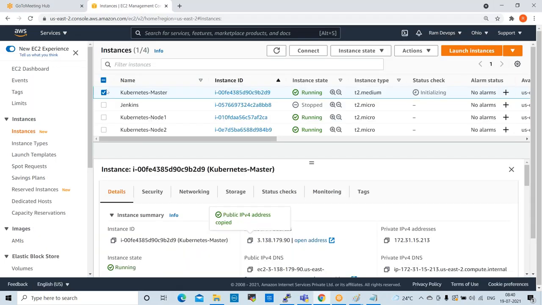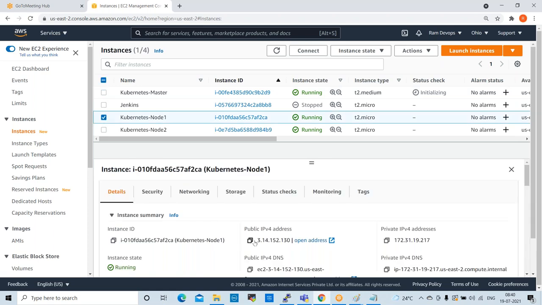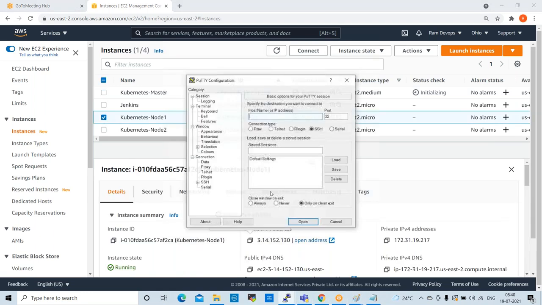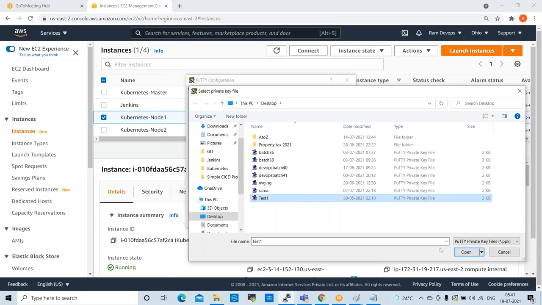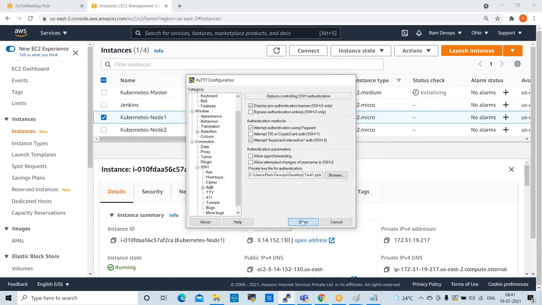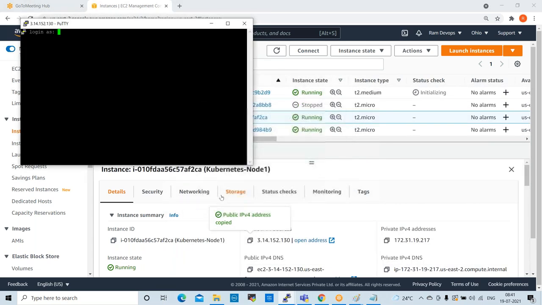And I connect the second one, node 1, copy this. Just keep it, open. CentOS.